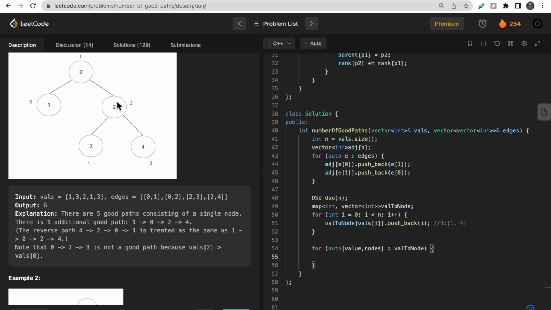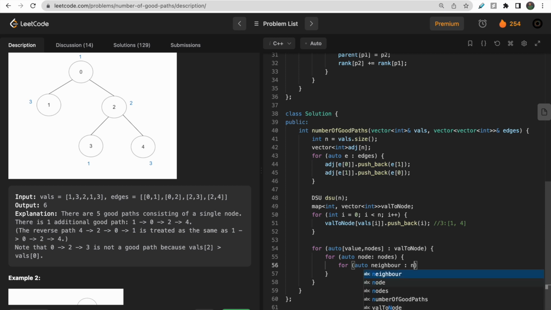To do that we have to travel the adjacent elements of this node. So let us first take one node from the list of nodes, and we would traverse all the adjacent elements, or the neighboring elements, of this node,